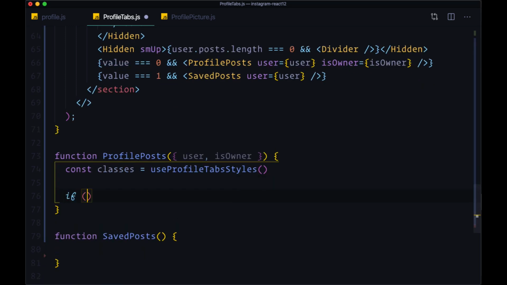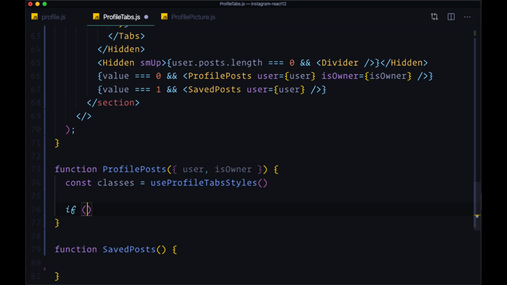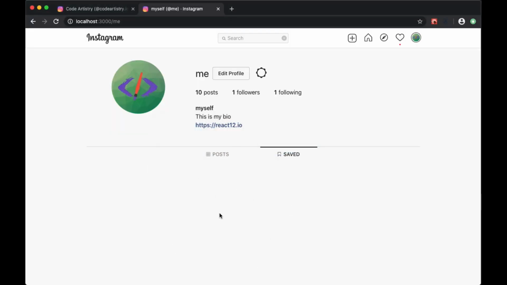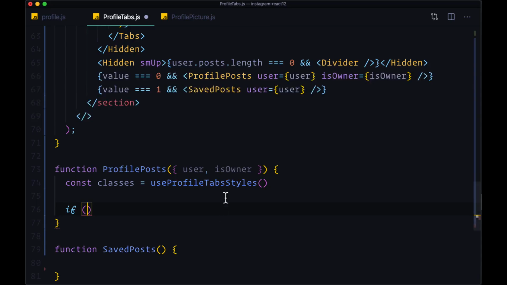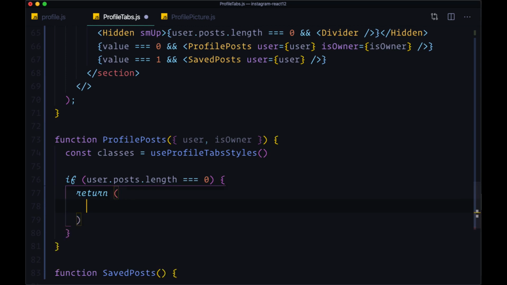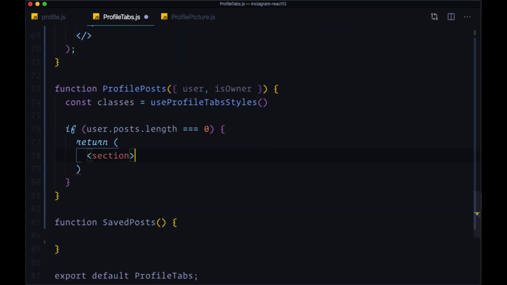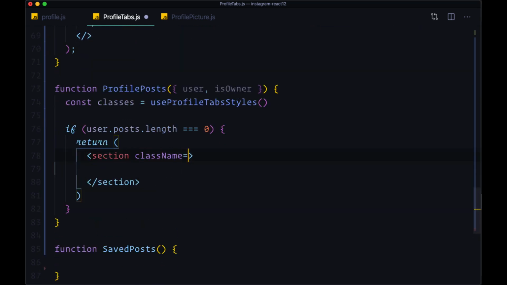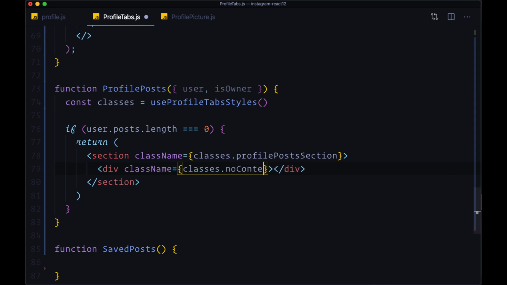And first we want to add a check to see if a user doesn't have any posts. Again, we mentioned that we want to show a no content area here instead of just a blank area. So if user.posts.length is 0, we want to return a section with the class profile posts section. Within that, a div with the class no content,